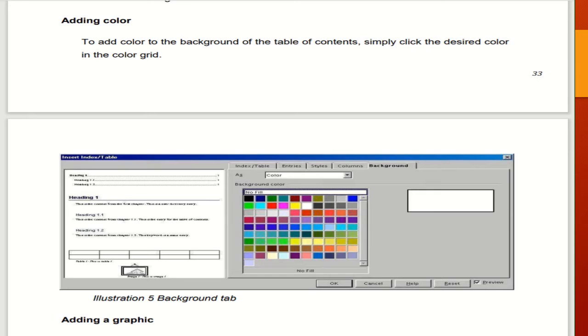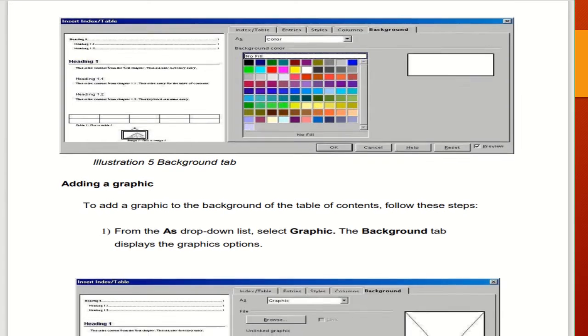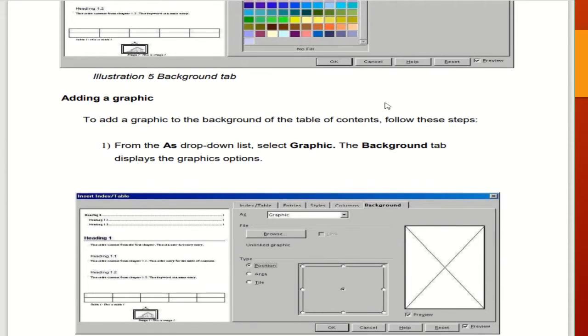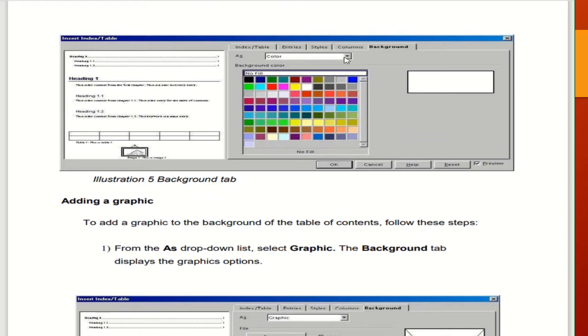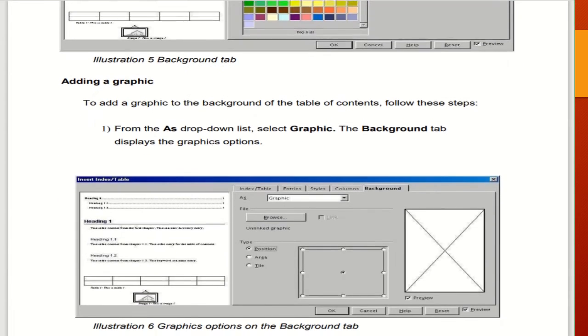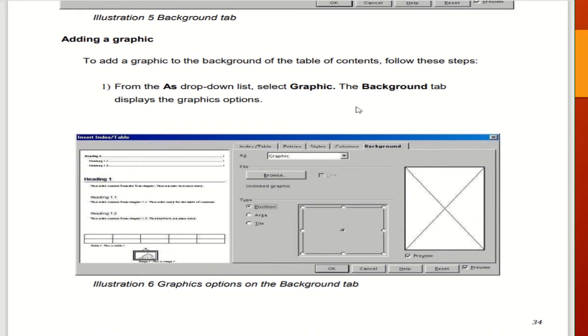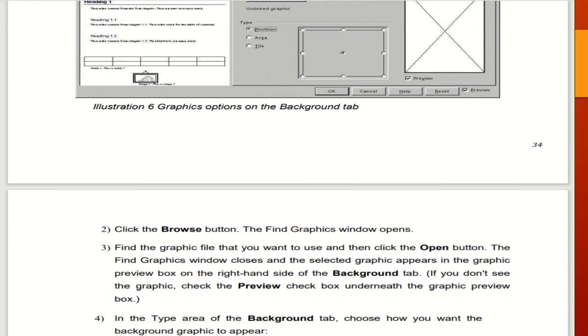Okay, next, if you want to add some graphics. What you have to do, to add a graphic to the background of the table of contents, follow this step. From the As drop down list, you can find the drop down list here. See, as Color, so here you have to click. From here you need to select Graphic, and when you select the graphic, the Background tab displays the graphic options. You need to browse here, and when the browse option opens, you need to select the desired picture,